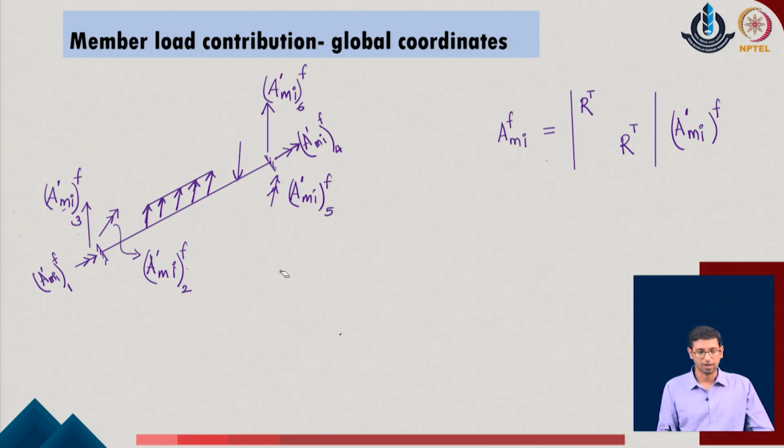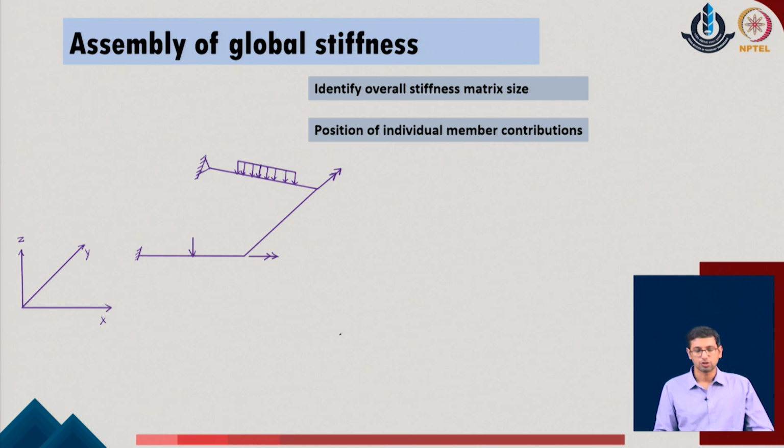So, this is what we have identified, that if the system is in the xy plane, the load is active in the z direction of the given system. So, this is the load direction corresponding to which we can evaluate the fixed ended reactions. Once we get the fixed ended reactions in the local coordinate, we just convert them into the global coordinate of the given system. Once we have available the set of forces as well as the stiffness matrices in the local or member system, we can now convert to the overall global stiffness matrix as well as the load vector.